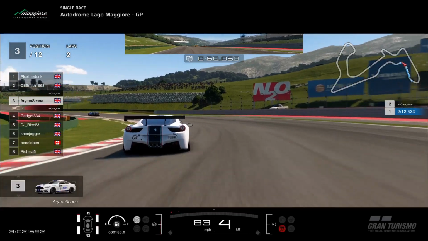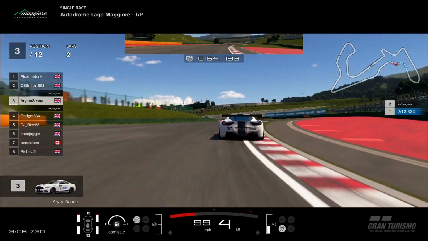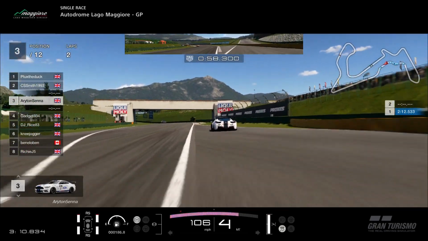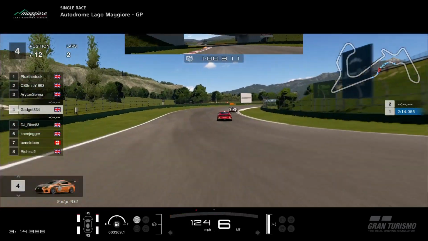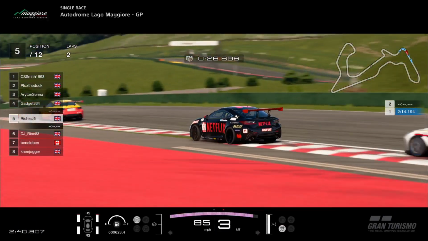So, that is Smith losing the position. He's now under attack from Senna, though Senna hasn't taken a particularly good line through there. I think he got a little bit upset in the dirty air. These cars, whilst they've got the least downforce of any of the group cars that we drive in DREC, unfortunately...